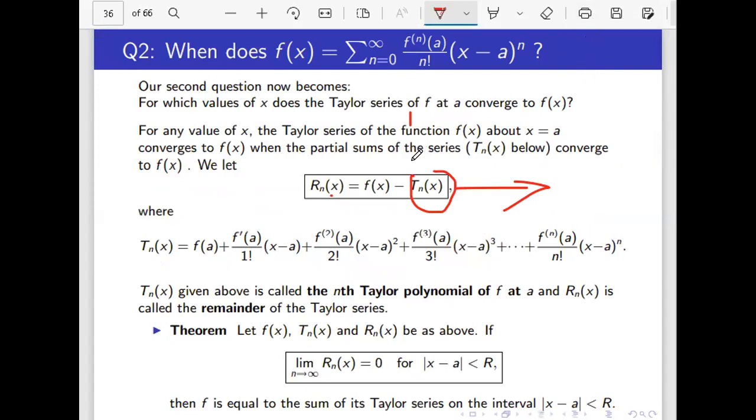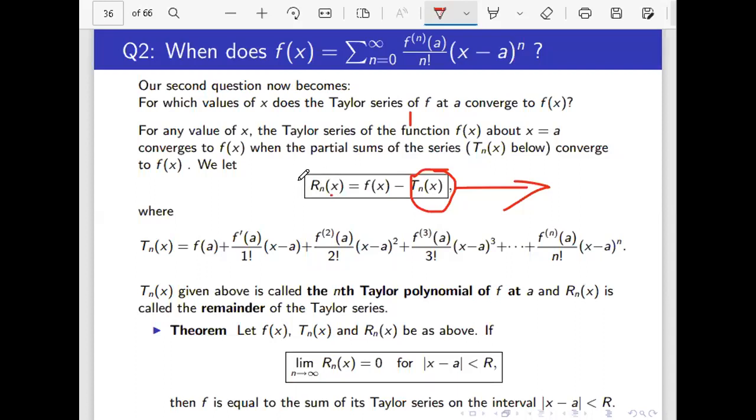So this is a polynomial, and the degree of this polynomial is n, right? If you look at the distance between the original function and the Taylor polynomial, that means the partial sum of this power series, and you take the limit